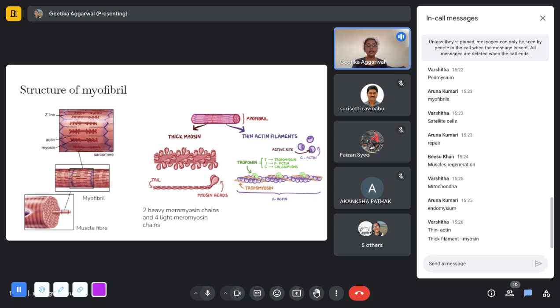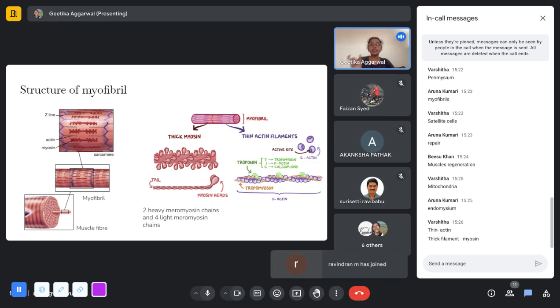Okay. And in these actin filaments, you can see that there is this F actin, which is coiled together with the tropomyosin to form the chain structure. And then there is this troponin molecule, which binds to the actin by the I site. Troponin I binds the troponin to the actin. The C binding site binds it to calcium ions, and the T site binds it to the tropomyosin. So these are a few things to keep in mind. Troponin T binds troponin to the tropomyosin, troponin I binds it to the actin, and troponin C binds it to the calcium ions.